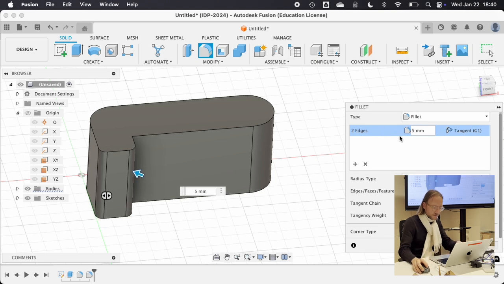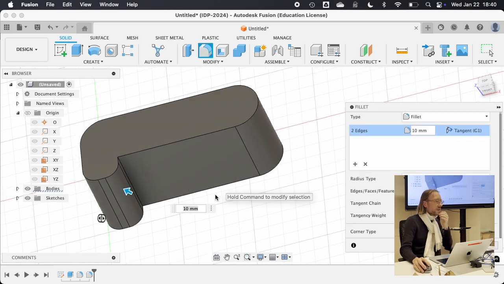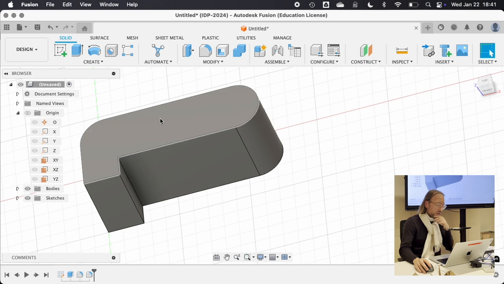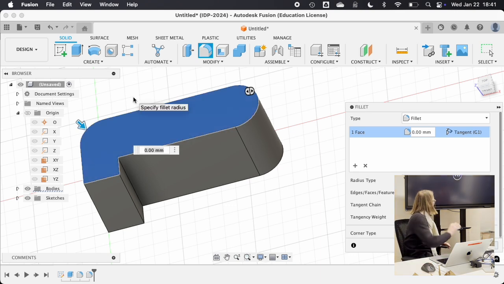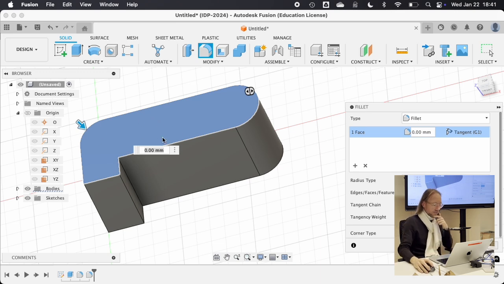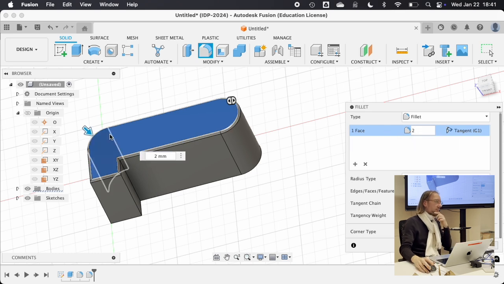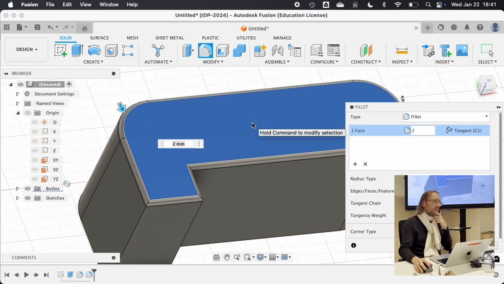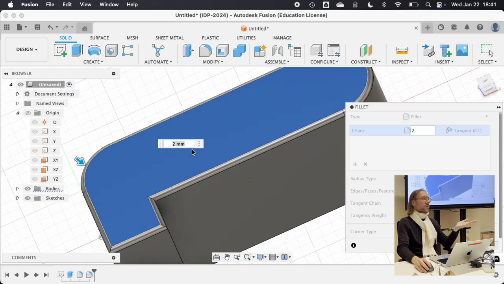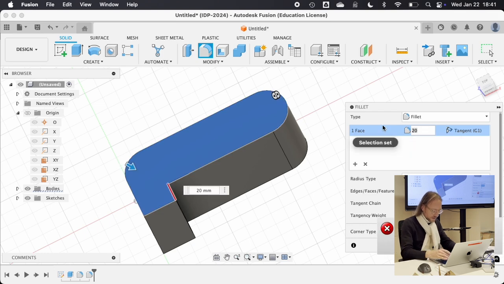I don't know, 5. So, are you selecting the surface or just the edges? Just the edges. Yeah, so you can fillet a surface. If I click this entire surface, it will try to fillet the edge that is the boundary of that surface. You see? But sometimes there's no solution for that. And if I keep making it bigger, let's say I do 10, okay,